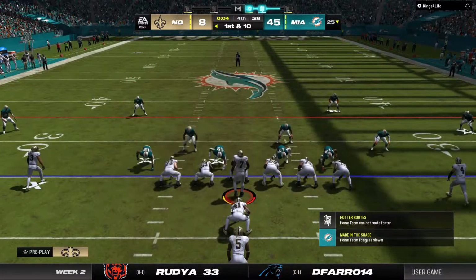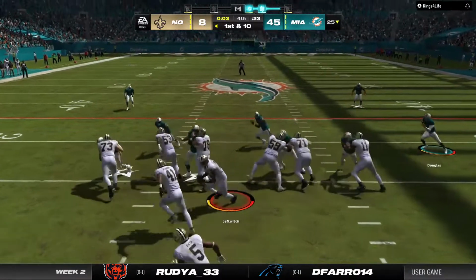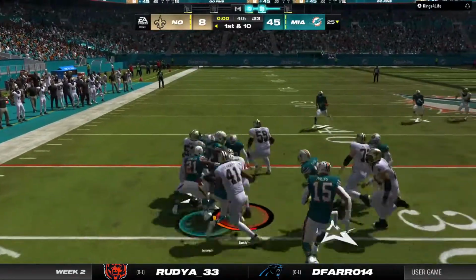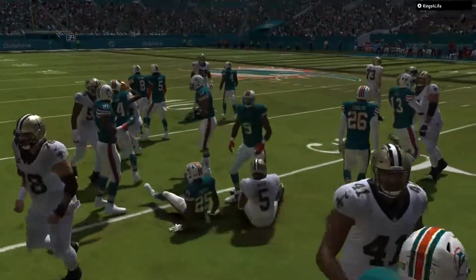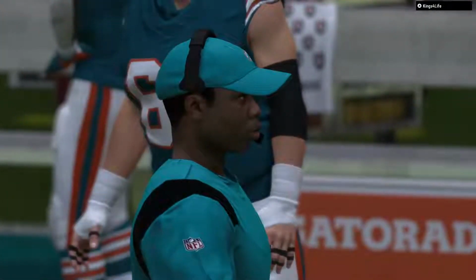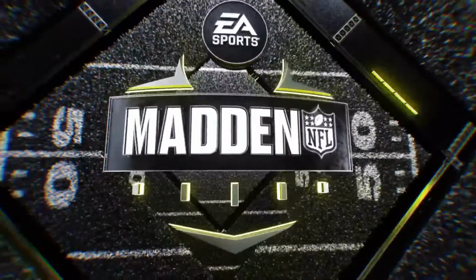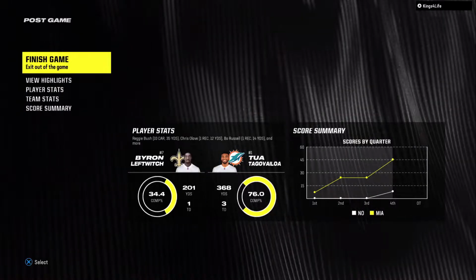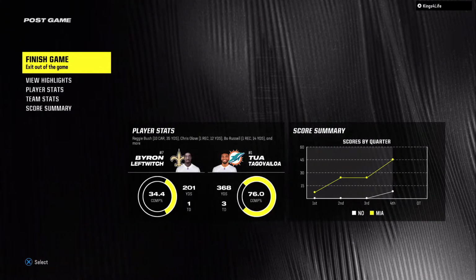The Saints offense on the field ready to get their drive started. Where we stand right now in the 4th quarter, this one pretty much out of reach. And, Charles, I know they're going to be disappointed about several things with this ball game, but the self-inflicted wounds, they've had several turnovers. You have to think that's going to be something they're going to discuss heavily in the film session in the coming days. You're absolutely right about that, partner, because they're going to have to sit in that film room and watch every error that they made and figure out how to not do it in the future. And mentally,